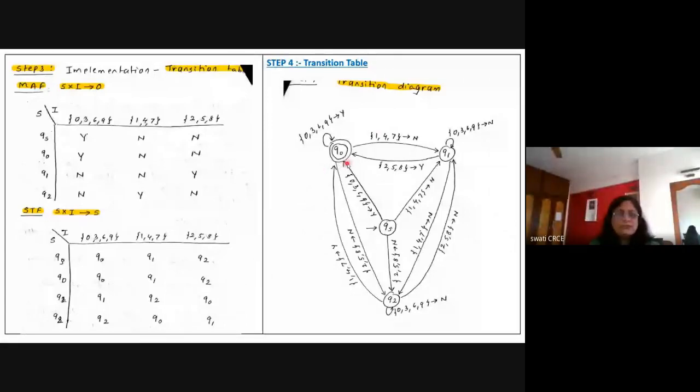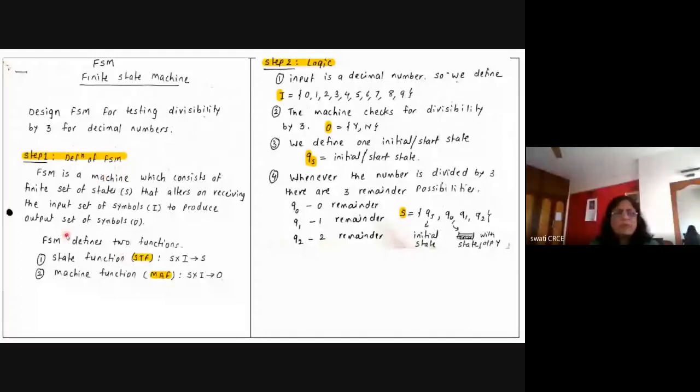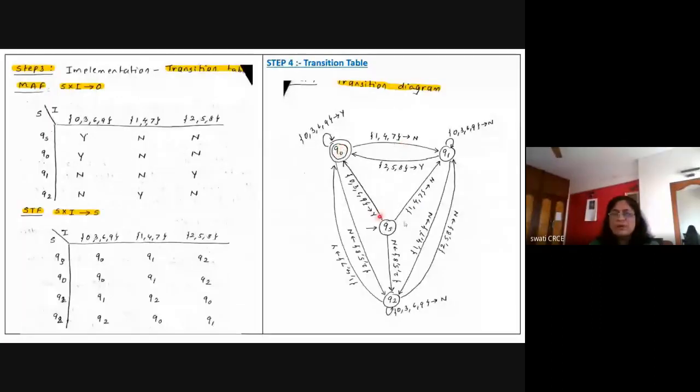So always learn this definition by heart. Remembering the definition is not a very easy task until you understand the machine. For example, by looking at this FSM diagram, we can say that an FSM is a machine which may consist of a finite number of states. Like here, there are 4 states: QS, Q0, Q1, and Q2. So a finite state machine can have multiple finite states, and the states are transited, or altered, upon receiving some input, and the machine can also generate the output symbol. That is the definition of FSM.